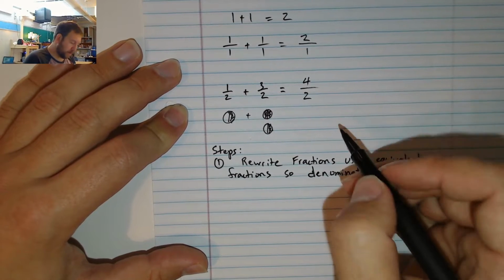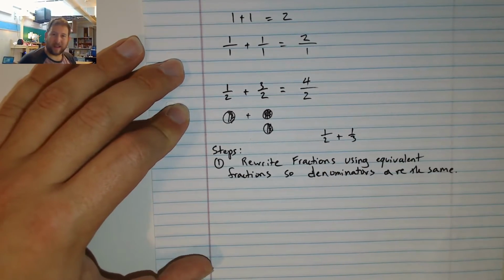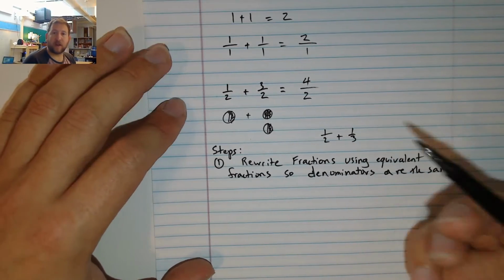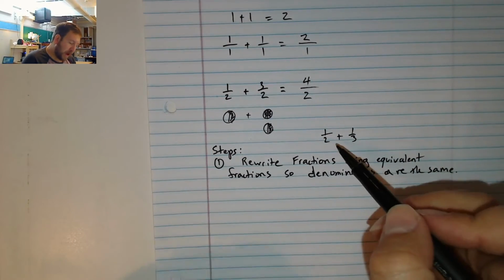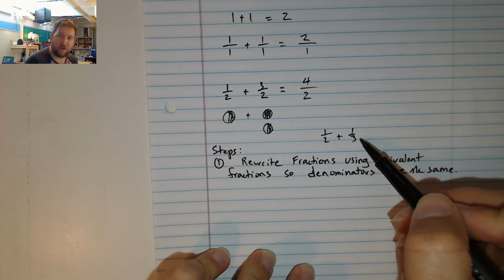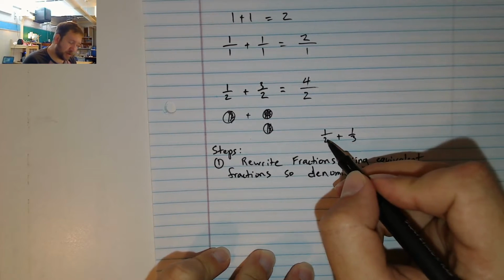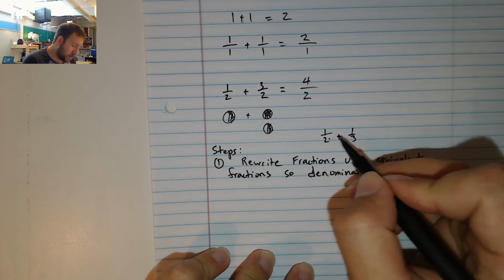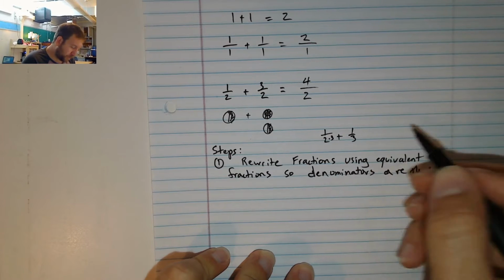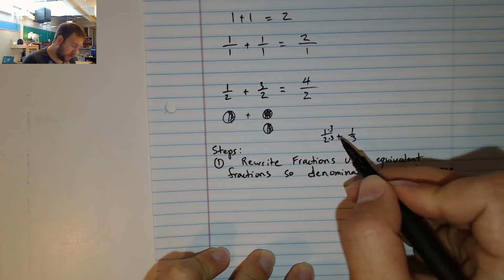Let's take an example. So if I was going to add 1/2 plus 1/3, I can't do that. So first I would have to use my equivalent fractions to do that. I need to find a common denominator, a number that 2 and 3 both fit in. And I can see that 6 is going to work. So I need to turn this 2 into a 6. So I'm going to multiply this 2 by 3, and do the same thing on both sides. So that's going to give me